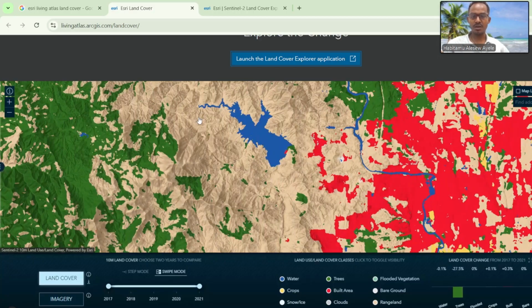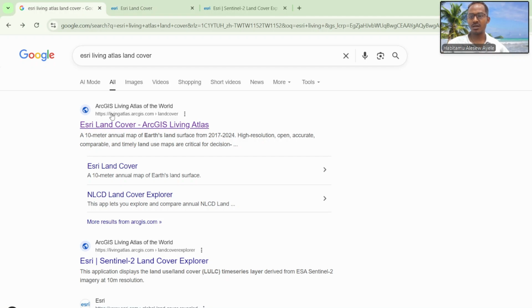I am Habtamu Allaso. Today I'm going to show you some information about the E3 land cover ArcGIS Living Atlas. So in this video I will show you how you can download and use the land use land cover map for a specific area, and beyond downloading we can do a thematic map for this land use land cover data